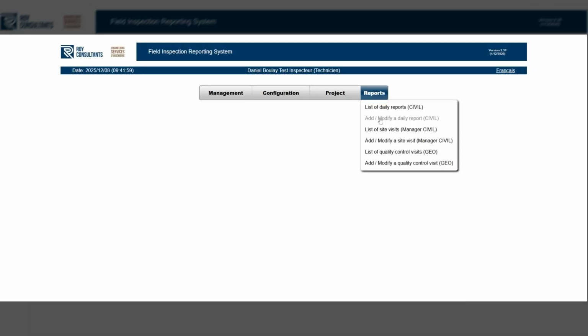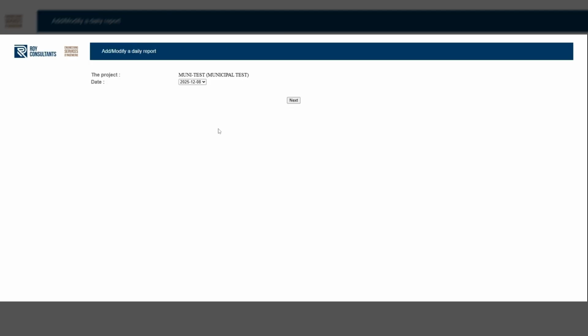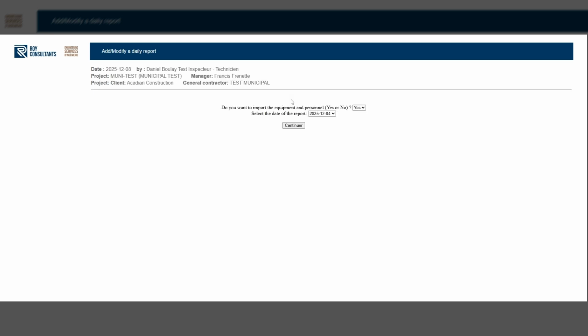You can add a daily report. Choose the project and select the date. It is important to note that you can only add a new report for today's date. The app will ask if you want to import the equipment and personnel from a previous report. Choose yes or no, and if yes, select the date of the report from which you want to import the